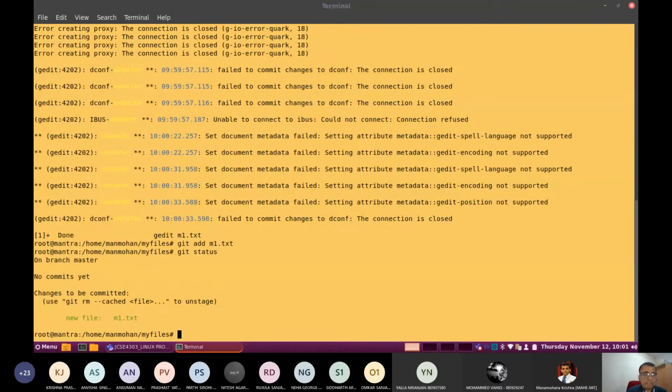Because nothing is committed so far, it says changes to be committed. Read this carefully. You created one file, then modified it, and then added it again to the staging area. Now you are checking the status of the Git file using these commands. Just notice what is happening.